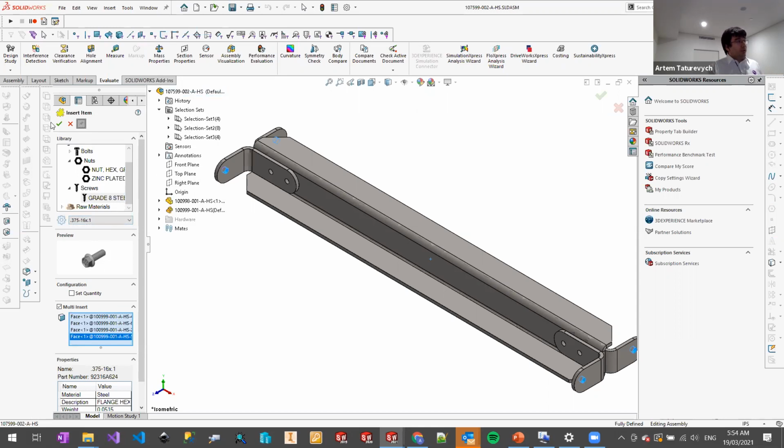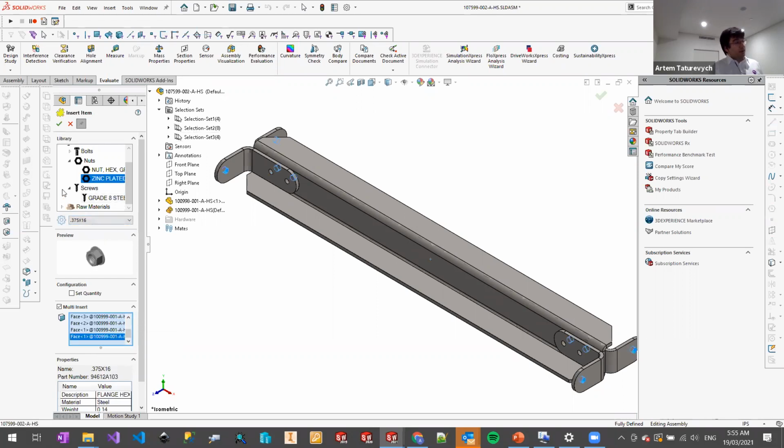So I'm just going to pin that and click the green tick. It looks like nothing happens, but bear with me. I'm going to clear that, select another set, and select a different configuration here. You see, when it selects, some of the properties have changed because it's a different configuration, the weight has been changed. So I'm just going to green tick,